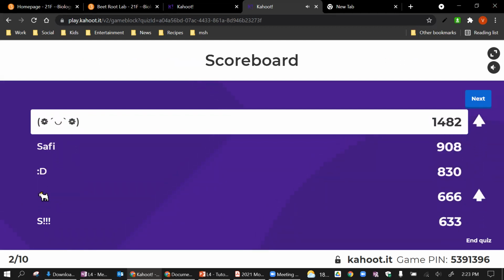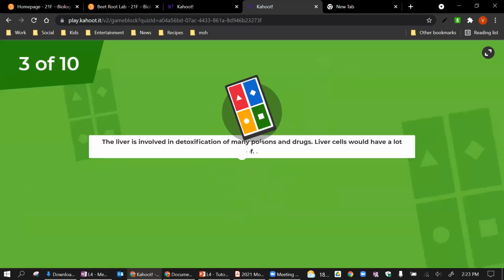Some of you say you cannot see the question on your device. You have to see the question from my screen. I believe that's how it works. So, you know,